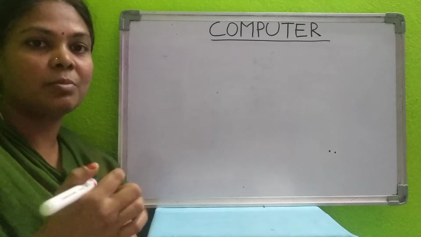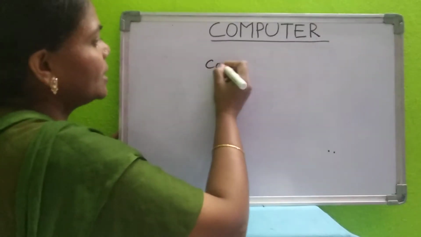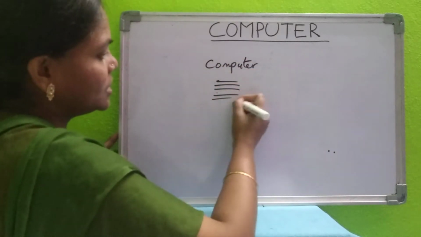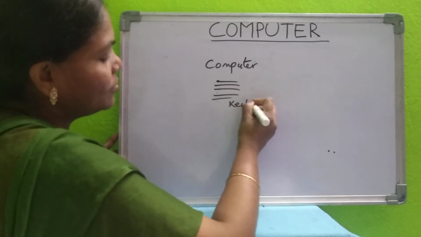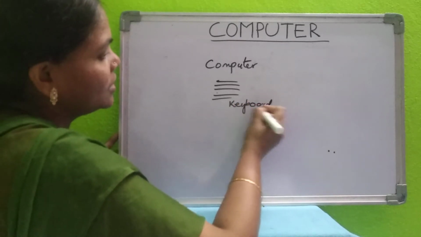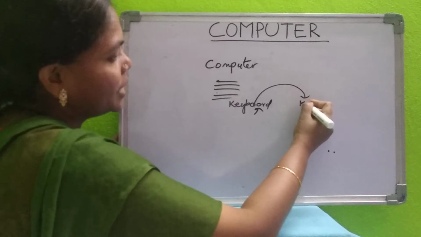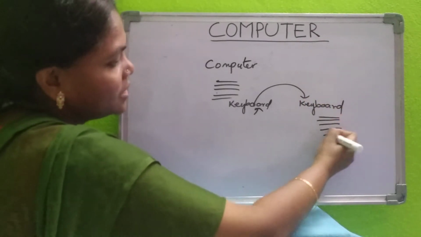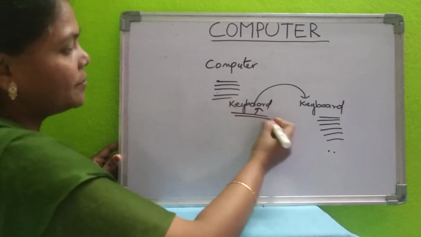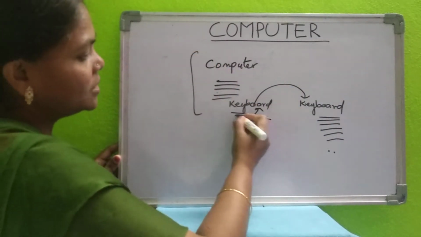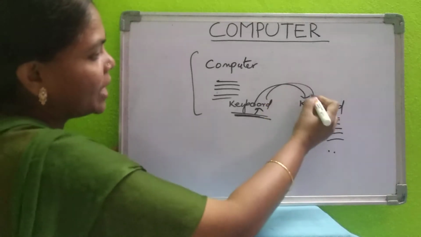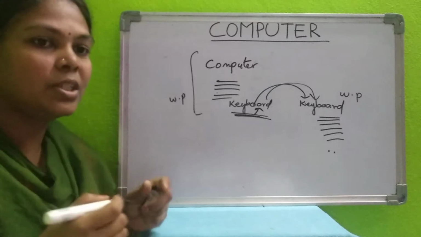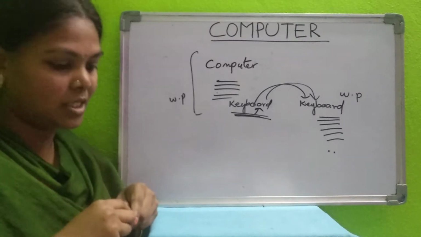Suppose you are searching for information about computers. In that, you have opened one site, and some information is there. Here you will find the word keyboard in blue color letters. When you click on this, it goes to that information page. About the keyboard, it is written there and that page is displayed. So this is the hyperlink. This web page is linked through this hyperlink to another web page. Like that, to write information in the web page, we use HTML.